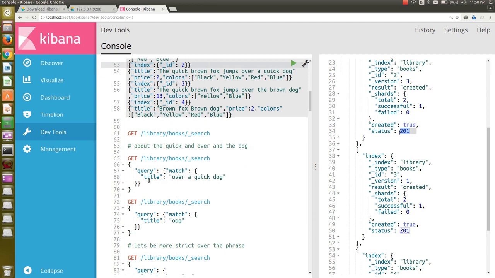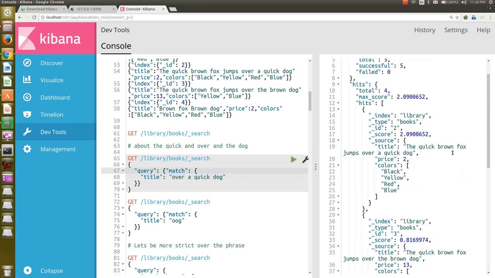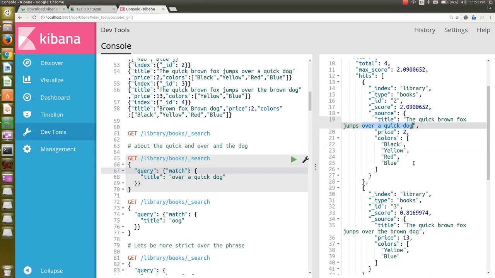Now if I want to search match with the title over a quick doc. So over a quick doc, we got into first position, and here the thing you have to notice is that we didn't search this, over a quick doc doesn't match this title.